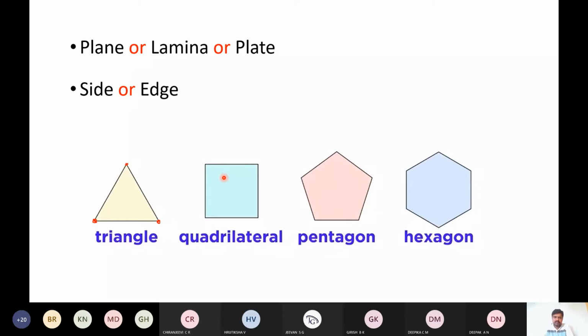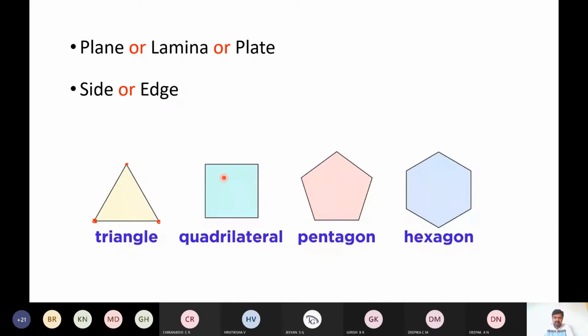Okay, when can you see the true length of a line? When it is parallel to a plane of projection. Suppose a line is held parallel to VP, the view on VP, that means the front view, will have true length. If the line is parallel to HP, the view on HP, that is the top view, will have true length.